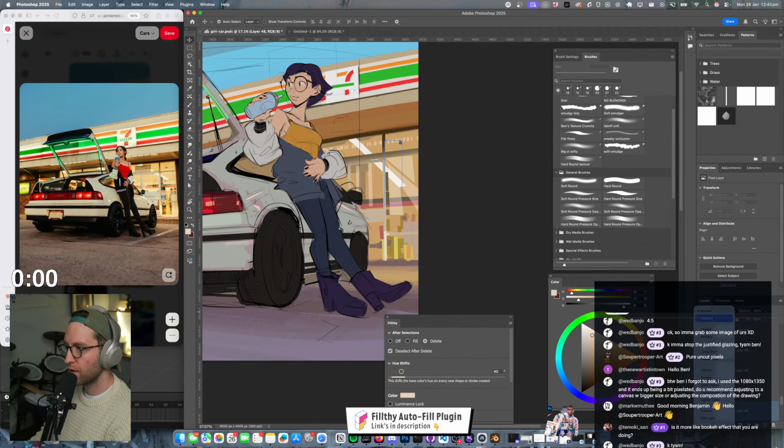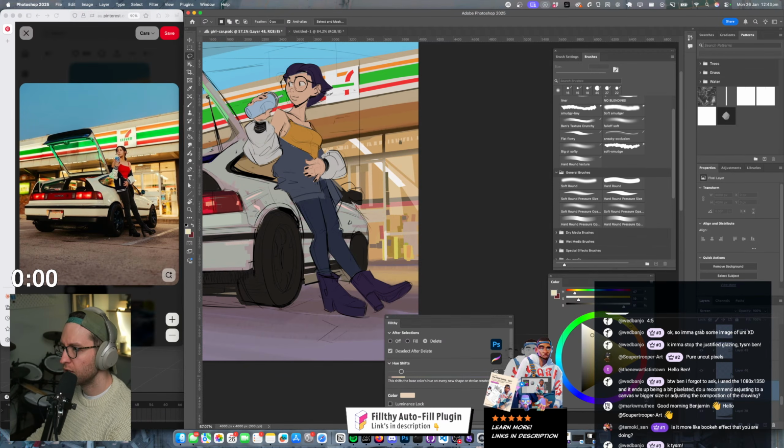Oh, it's so fun. I love playing with light. So good. Which could help frame her. Ah, that's going to be on top of everything.